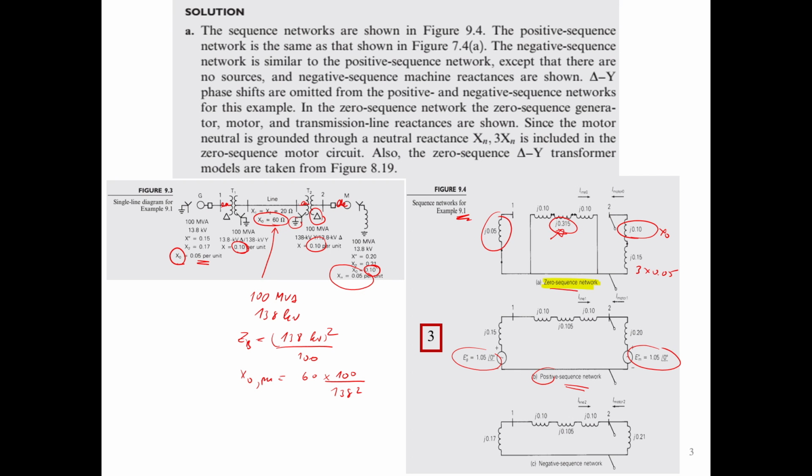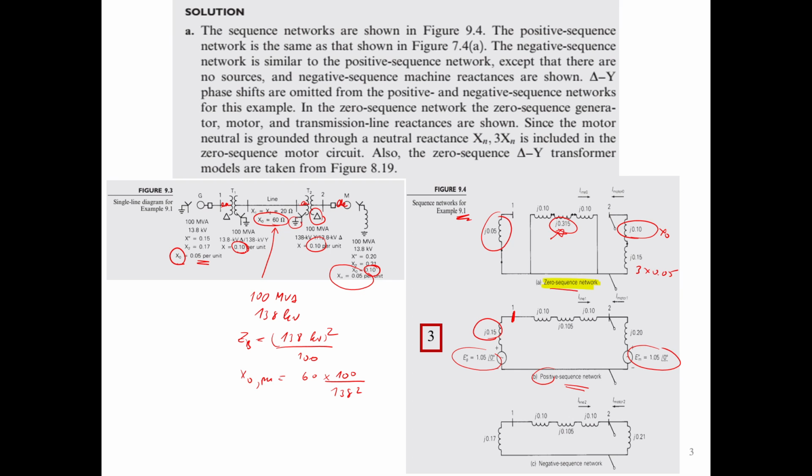You just draw it like the normal power system. We start from the internal EMF, followed by the positive sequence X double prime, so you put j0.15. This is the terminal voltage at bus 1, and you connect this to j0.1, which is the